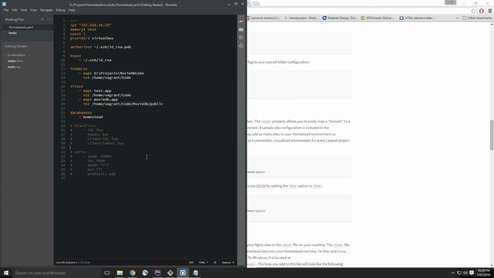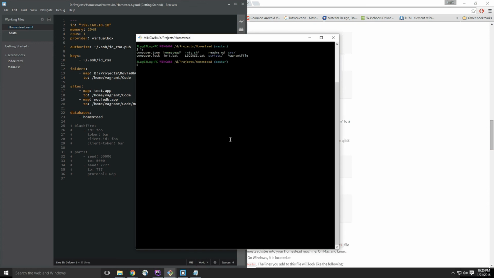And the next step is, whenever you make these changes to this file, just make sure you Control-S, save it, however you want to save it in your text editor. The next step you're going to have to do is, I don't know how this works if you installed the Homestead directory in the root directory of your OS, but since mine's in projects, I have to run the bash